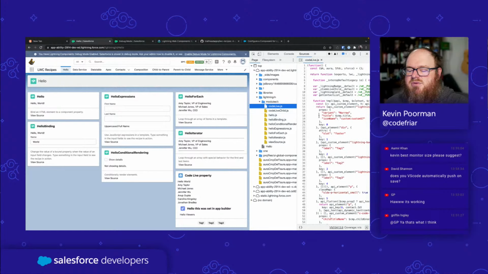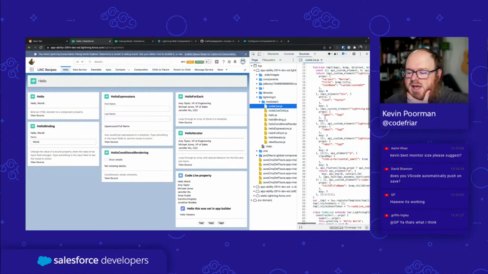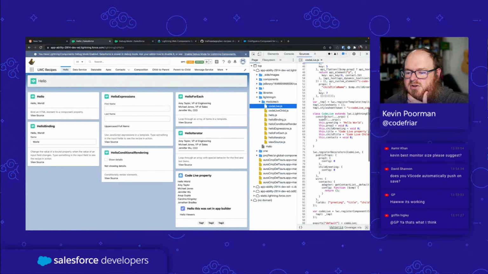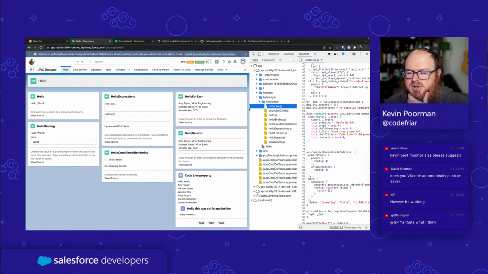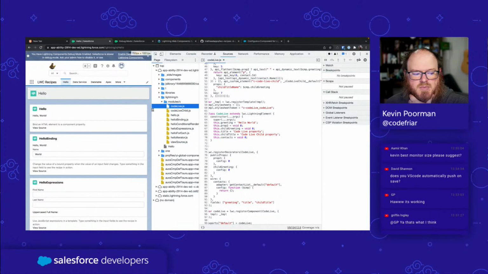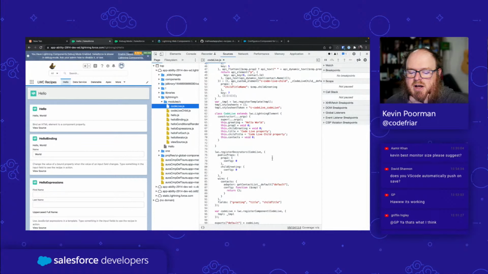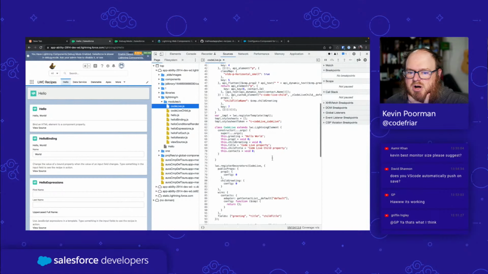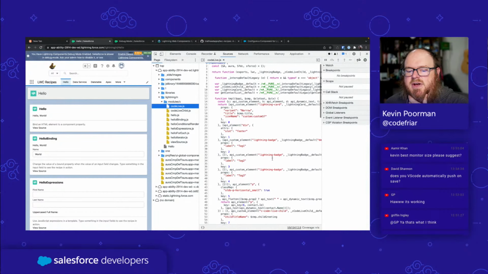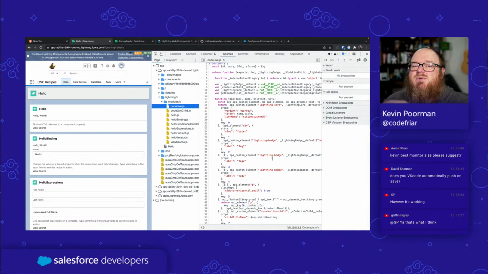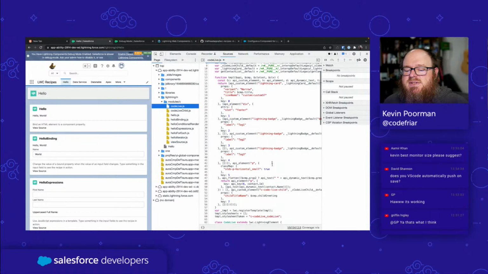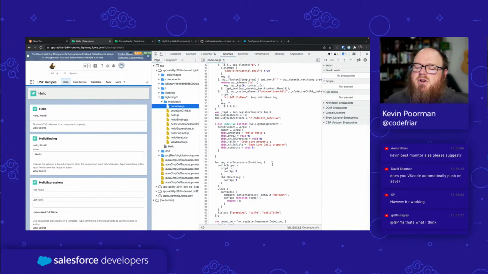And this is really, really powerful because what I can do is come in here and say, I want to look at my code, and let's make this bigger. I can say, I want to look at and figure out why my wire property isn't working. And we can look through here and you'll find that this code is not exactly what you wrote. It's sort of a compiled version of it, but it's easy to follow if you've got debug mode turned on. If you don't have debug mode turned on, you're going to end up with like var a equals, and it's really hard to follow. That's why I turn on debug mode when I do this. But you'll see that I've got my class definition